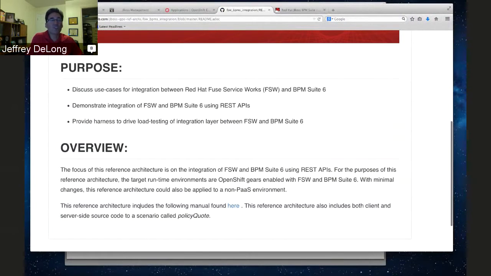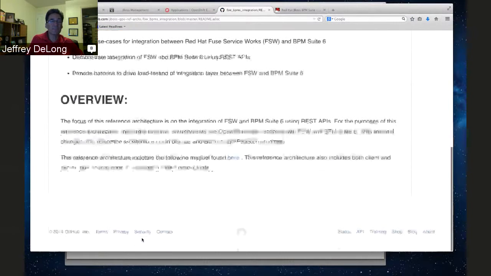All right, it's going to be hard to scroll through this given the time lag, but basically there's a purpose. Discuss use cases for integration between Fuse Service Works and BPM Suite 6, demonstrate integration of the two products using REST APIs, provide a harness to drive load testing of integration layer between the two products. It then goes on